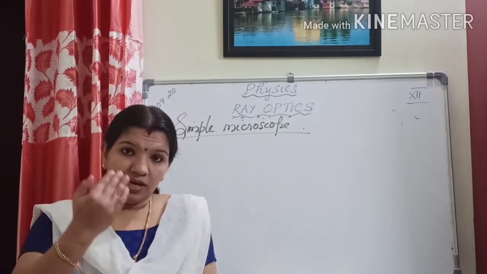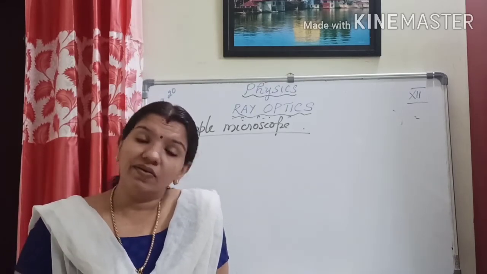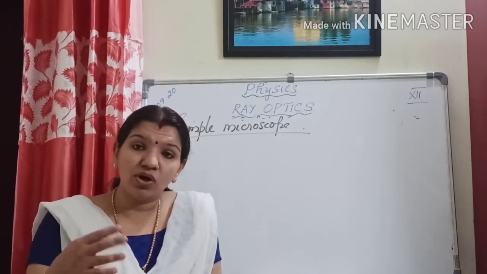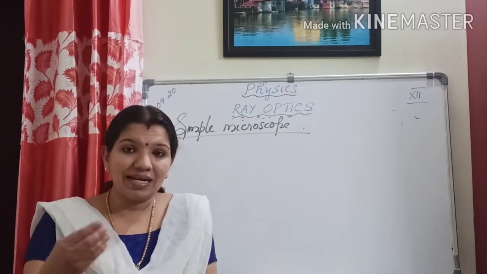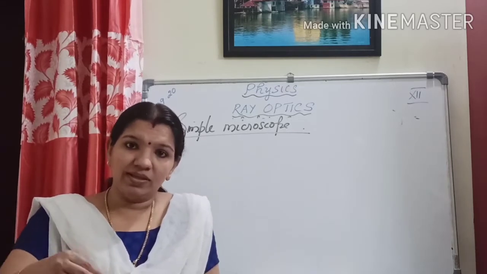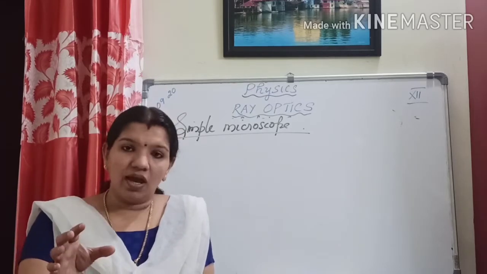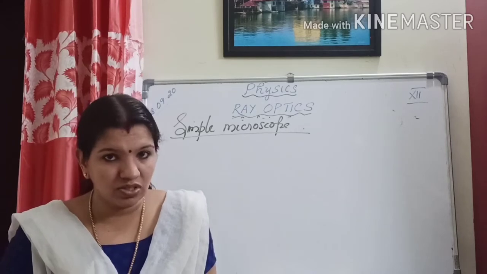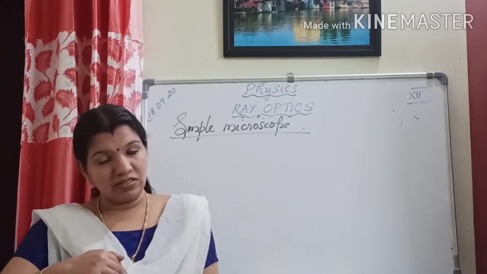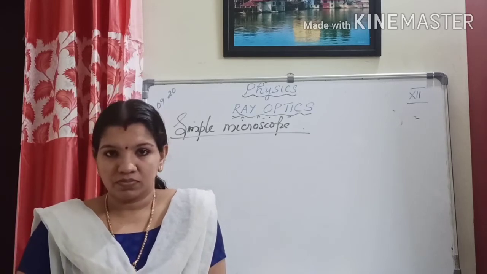There you are getting a large visual angle also. The angle made by the image will be more. Anyway, the angle made by the object will not get changed, isn't it? That is fixed. The object will not get changed. You are adjusting the position in such a way that you are getting the image so and so. That I will discuss later. So the angle made by the image will change depending upon the least distance of distinct vision as well as the infinity point. Understand?